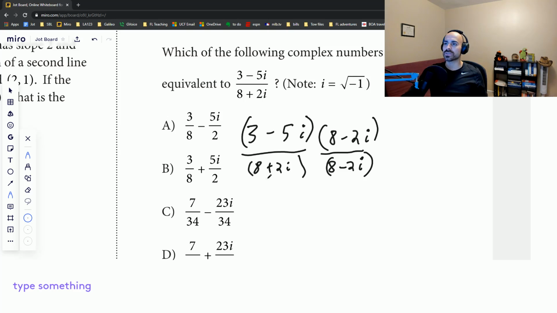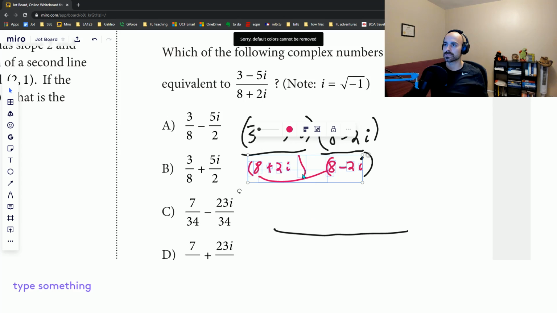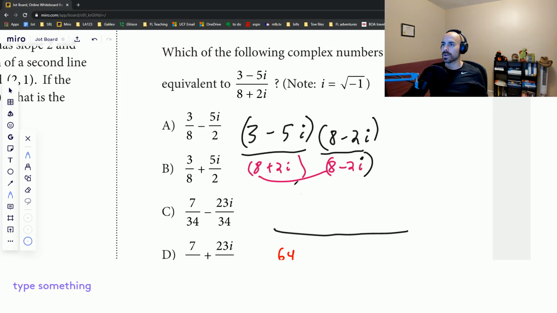Let's start with the denominator first, because you know what? That's the most exciting part of this, right? That's why we're here. 8 times 8, so I'm going to redraw a fraction here, just to keep everything somewhat the same. 8 times 8, 64. All right, then 8 times negative 2i, so that gives me negative 16i. 2i times 8 gives me positive 16i. You see that it always cancels out. And then it's almost like a trick. Minus